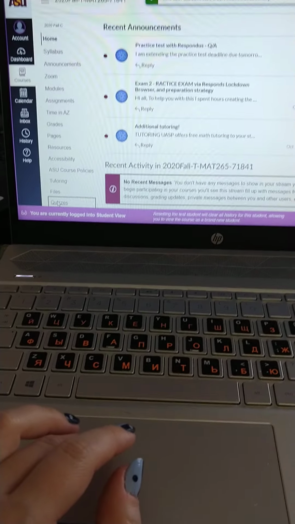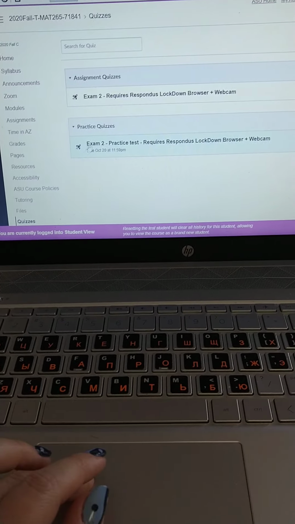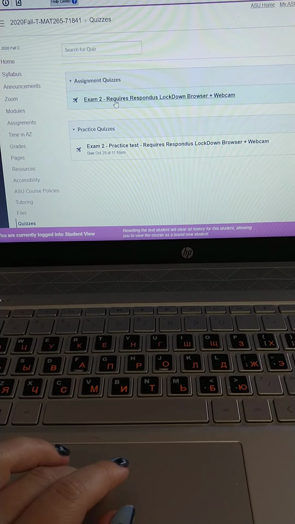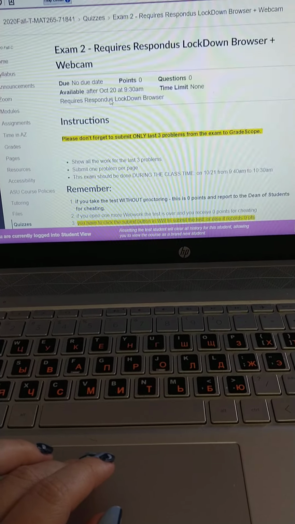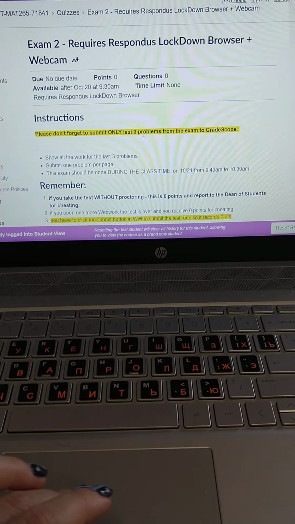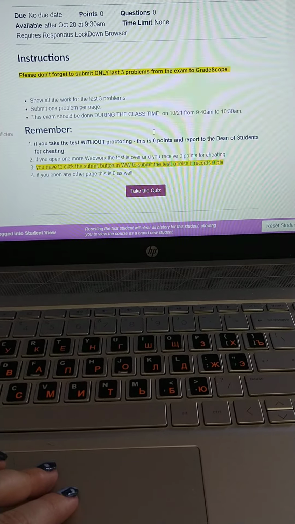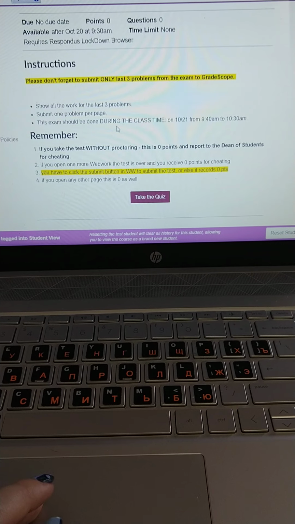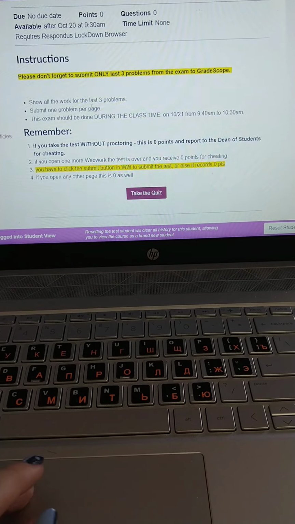So this is how you see it. I'm going to quizzes. Here it is. Exam 2. I'm starting it. It tells me, don't forget to submit last 3 problems for the exam to Gradescope. We know that. It tells me that I will receive the password soon, but if I take the test without